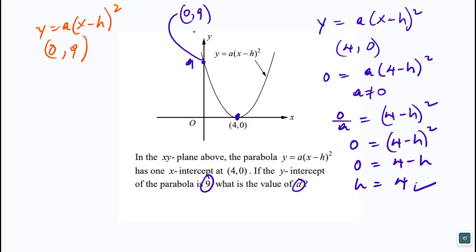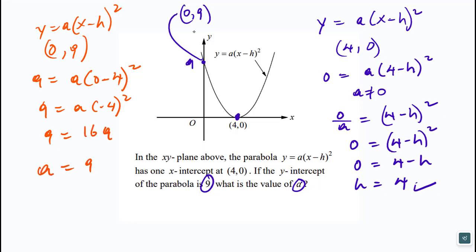So to use (0, 9), what I'm going to have is 9 = a times (0 - h) squared, and h here is going to be 4. As a result, I'm going to get 9 = a(-4) squared, which is simply going to be 9 = 16a. So as a result, a is going to be equal to 9/16,